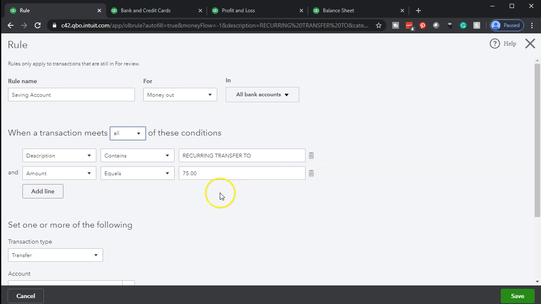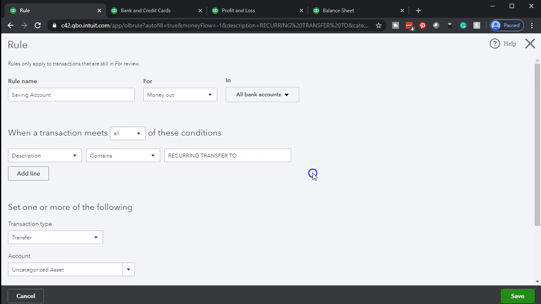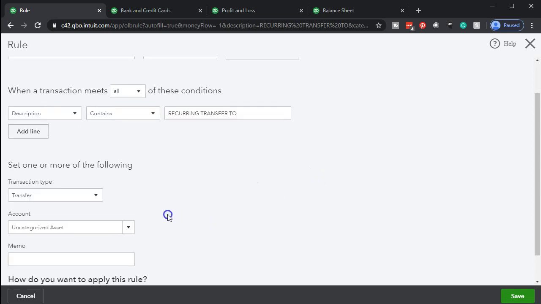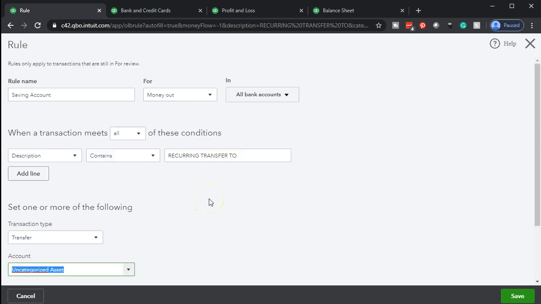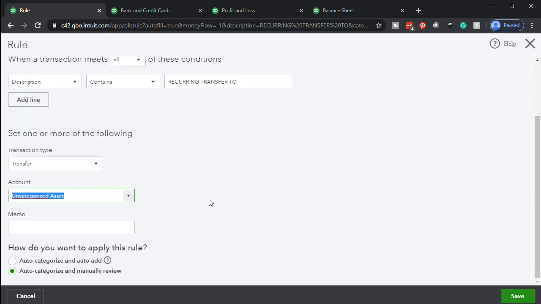The amount doesn't matter, although the amount might be helpful. It might be the same amount each time, but I'm going to close that one up. I don't need that. And then transfer is going to be the type, so we'll keep it as the transfer. And then the account that we're going to have, I'm going to set up the transfer clearing